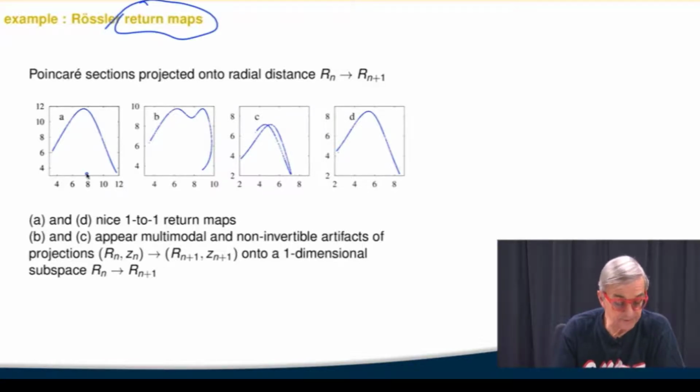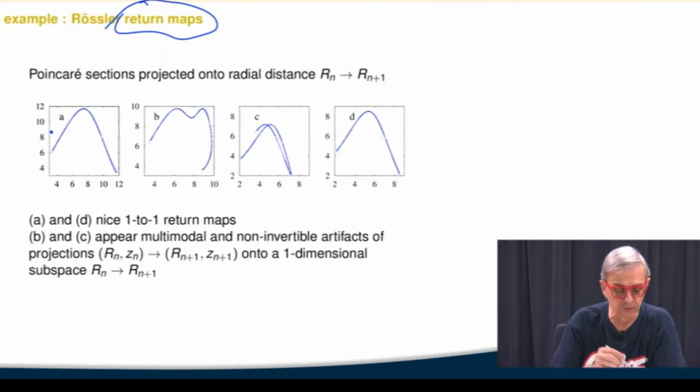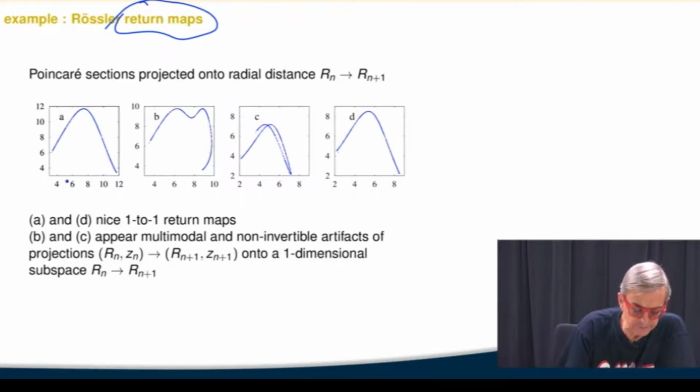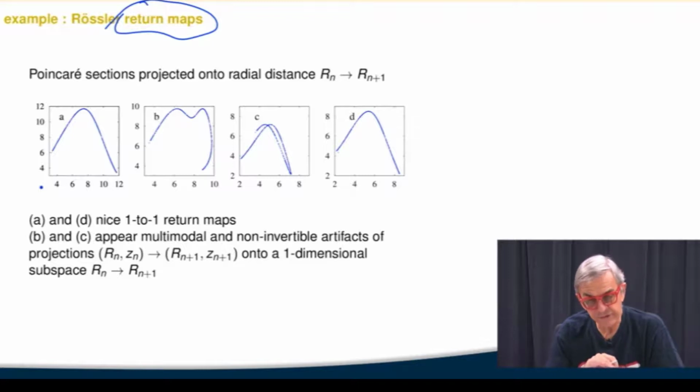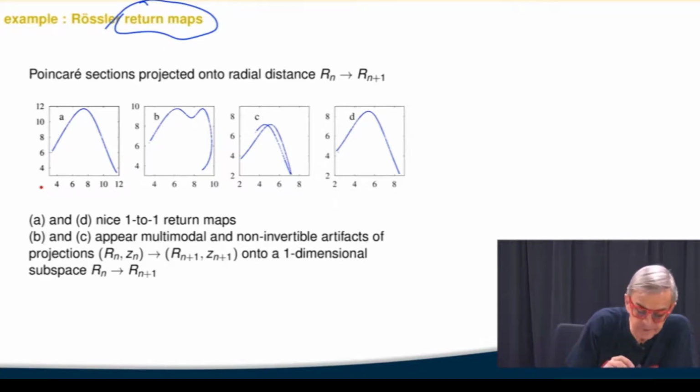This return map is actually quite interesting. It's very simple. So it says if I started someplace at this end, which is close to the equilibrium point, which is unstable, then what happens after one iterate? I started at 4, I ended up at 6.5, let's say, which means I'm going away. So there's a whole bunch of points on the initial line which are close to the equilibrium, and they just get pushed away. Then there is a very important point called the critical point,